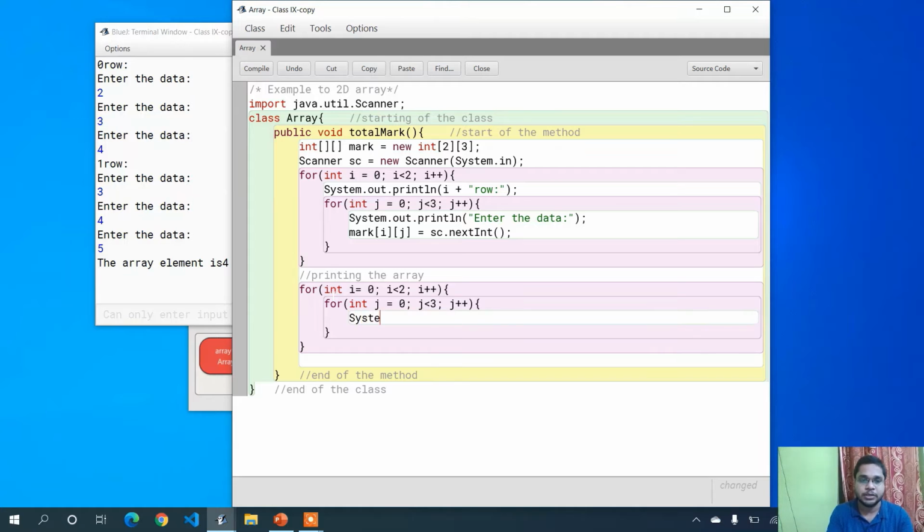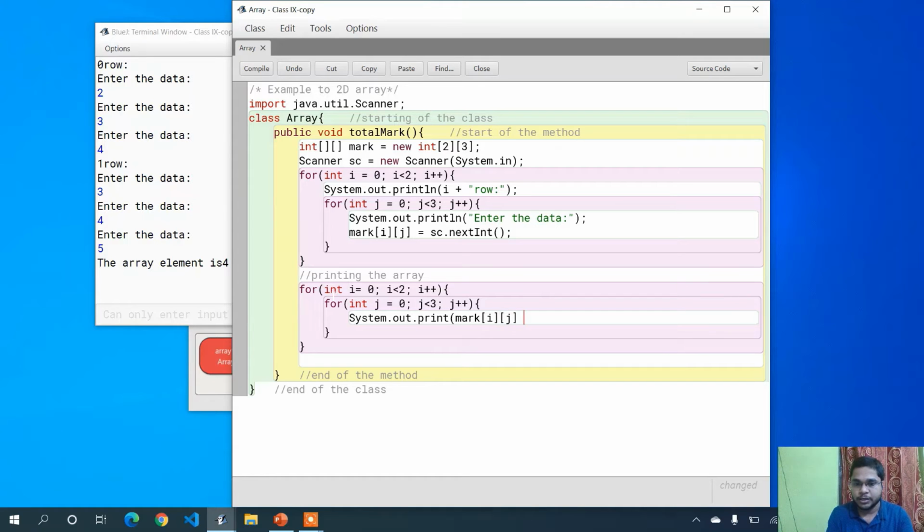Now here I print with System.out.print, so that the rows are shown in one single line. So the marks of i of j.